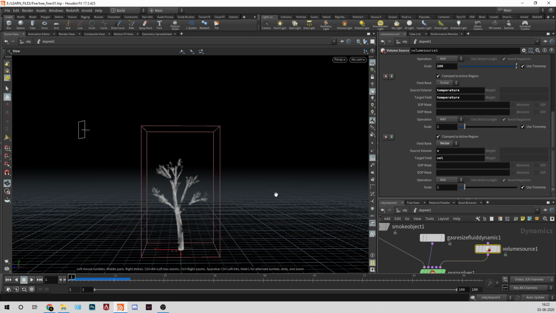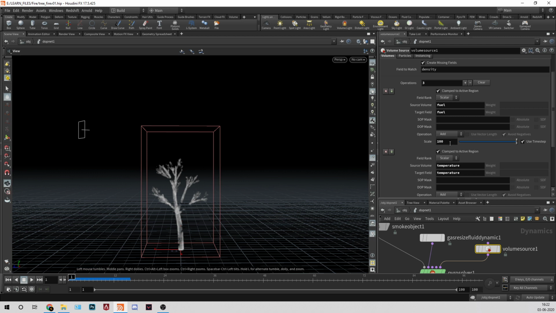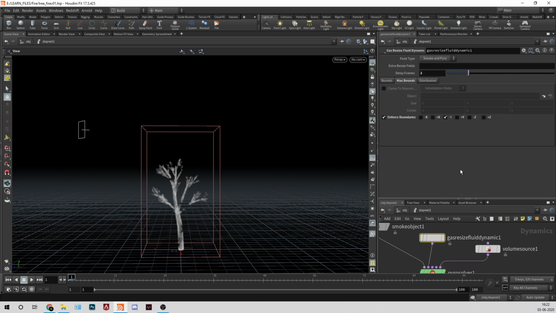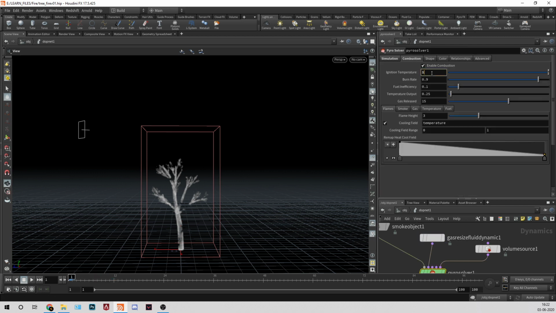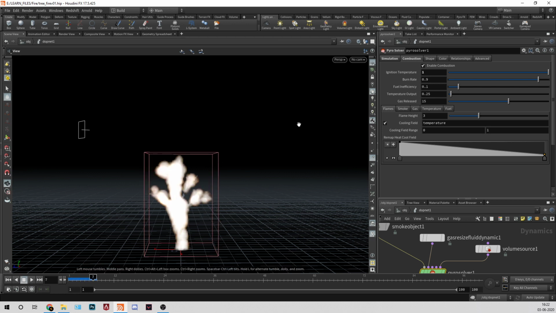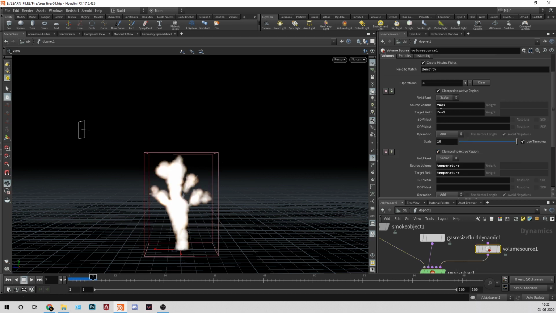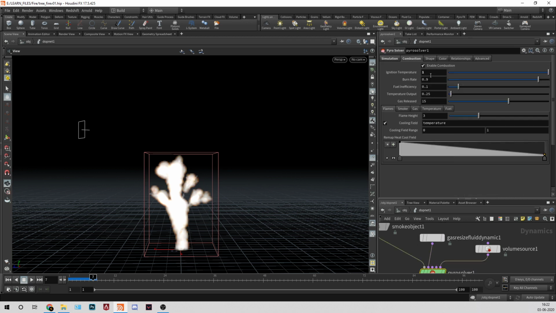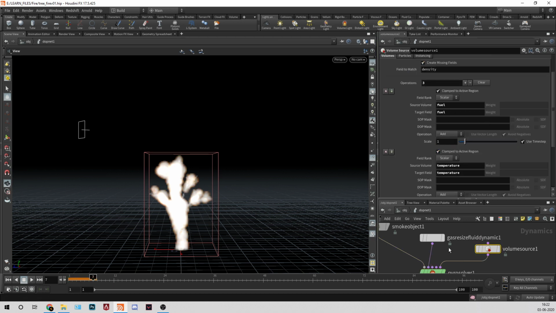Okay, 1 second, I'll see what happened. I'll make it 10 because maybe it's too high a value. Yeah, you can see here. So now we have fuel of 10 scale, and this temperature is 1, that's why it started igniting. So what I'll do, I'll change it back to 0.1, and this one is 1.